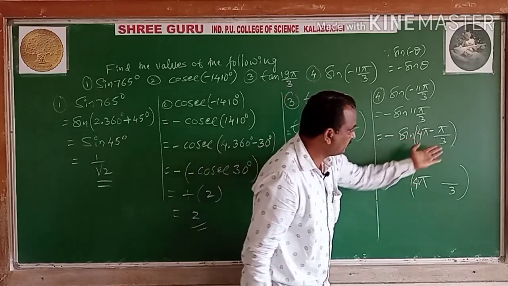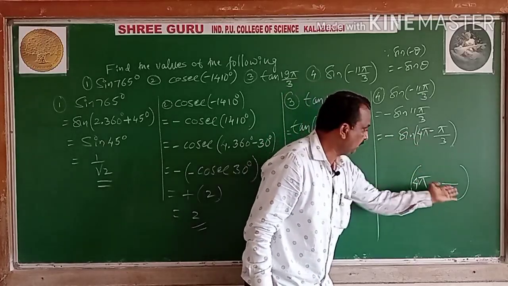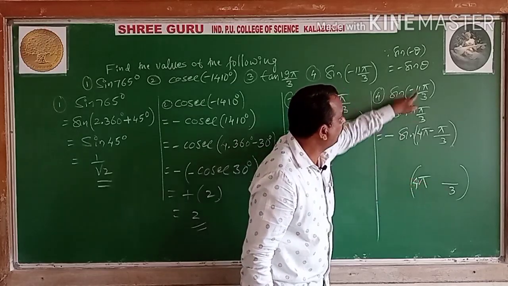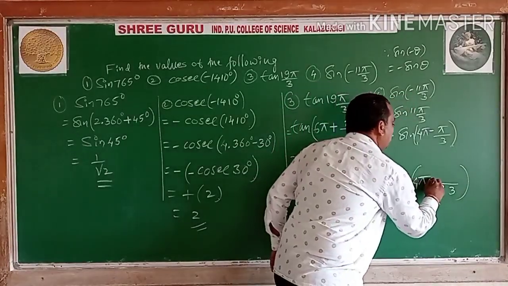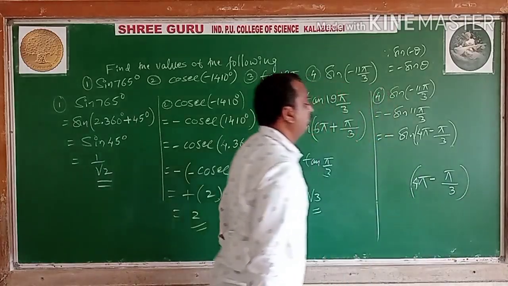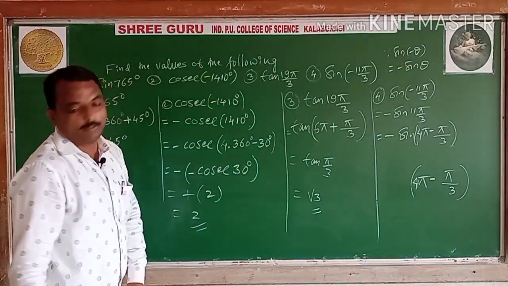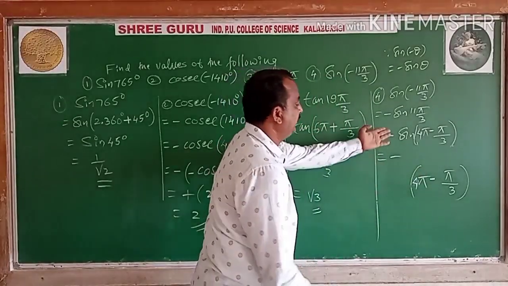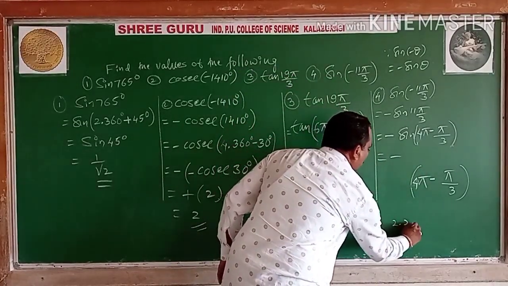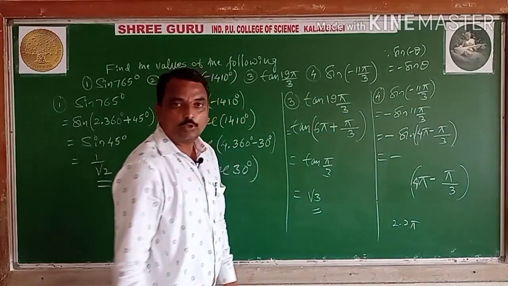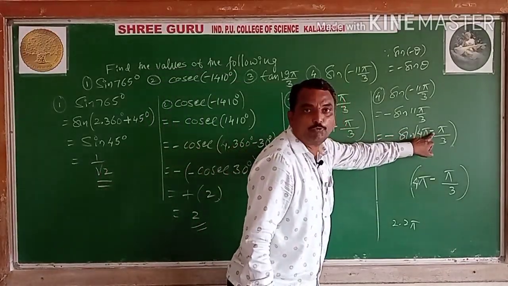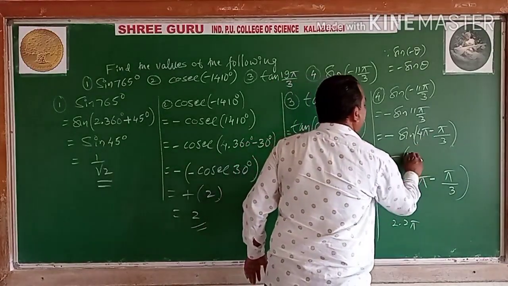Then after taking LCM, you will multiply only, no? If you are taking the LCM, you will multiply it only. So 12 pi it is. So how much do you want? 11 pi. So 12 pi means minus of 1 pi it is. So it becomes 11 pi by 3. So therefore, this is minus as it is. So again 4 pi means 2 times of 2 pi, 2 rotations, which will fall in the fourth quadrant. In the fourth quadrant, sign is negative.